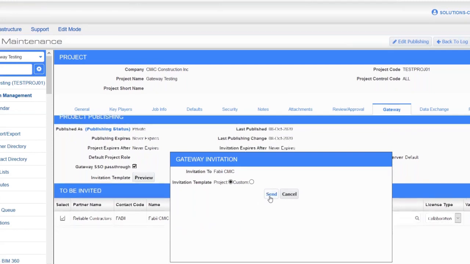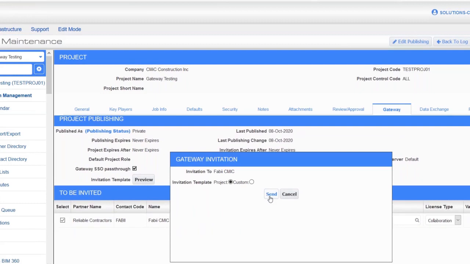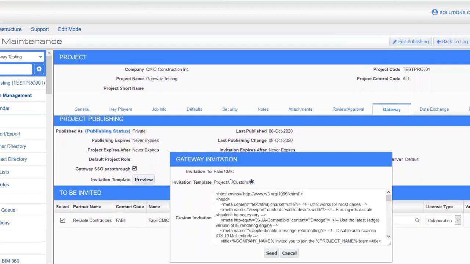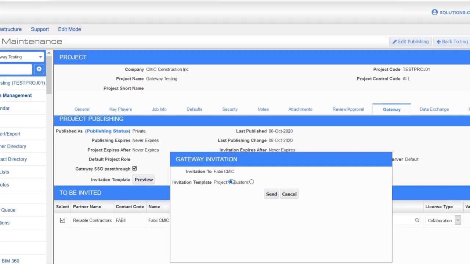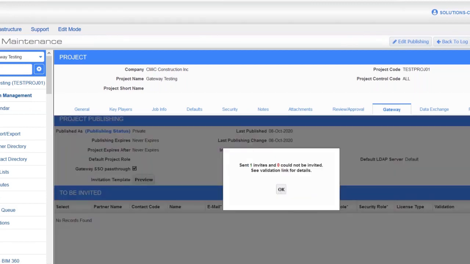So we said that we're going to use the invitation template. If you want it to be custom, you press the custom button. And of course, once again, you can get into the minutia and change your HTML around if you wish. You don't really have to do it. Just go with the project template and press the send button. What this does now, it actually sends out an invite via email to the contact or contacts that you have